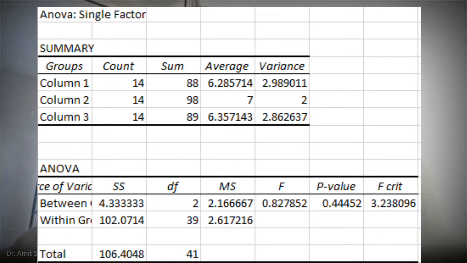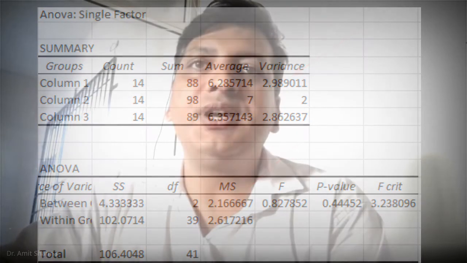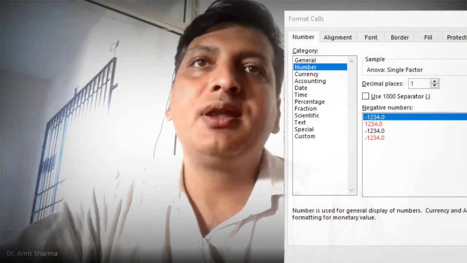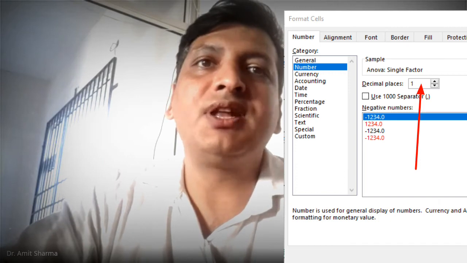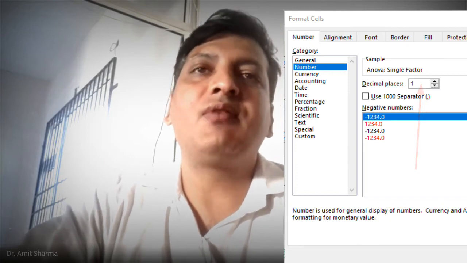You can see here I have got the results of one-way ANOVA, and you can see that after a decimal I'm getting lots of readings. So what you do, just do Control A for the whole sheet, go to format cells, go to number and decrease. That means we require only one digit after the decimal. So here we have got the data.